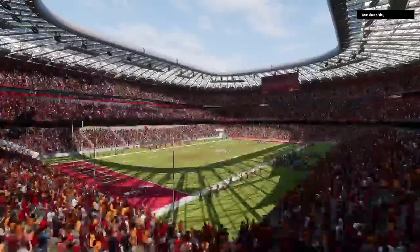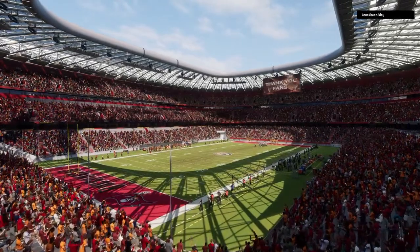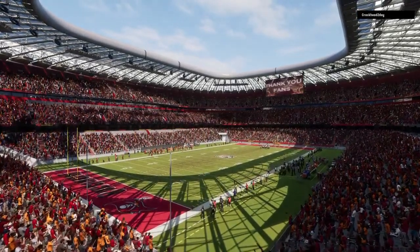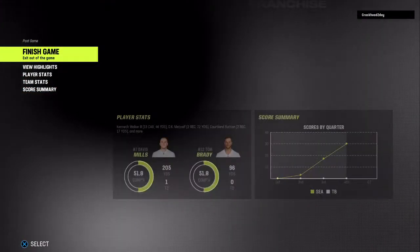So for the Seahawks, they keep pace for a playoff spot as they move to 7-3. And they'll be able to enjoy this one through the bye week before they get back at it again. Meanwhile, for the Buccaneers, they're going the wrong way as this will drop them to